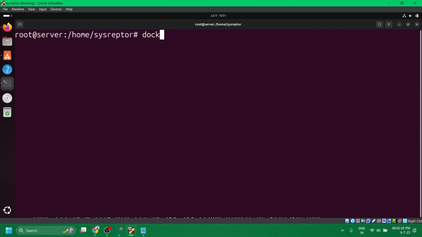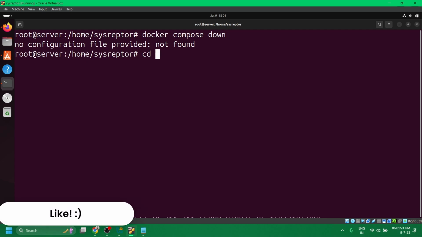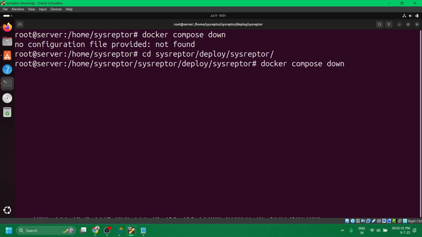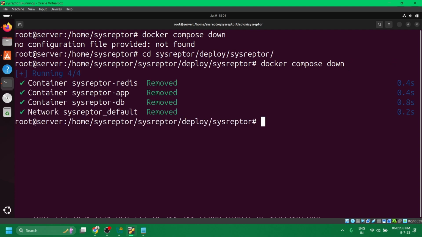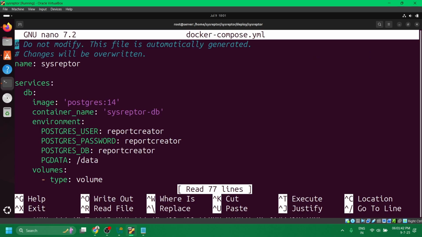So what we can do is, first of all, take the containers down, or maybe you can say stop them, with the command docker compose down. For that, my bad, we have to go in the folder /deploy/sysreptor. Then we use this command again, and now it will stop all the containers. Okay, so now we will use nano on this file. It's a configuration file for Docker containers,